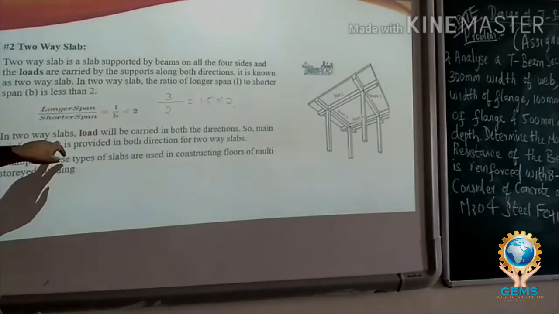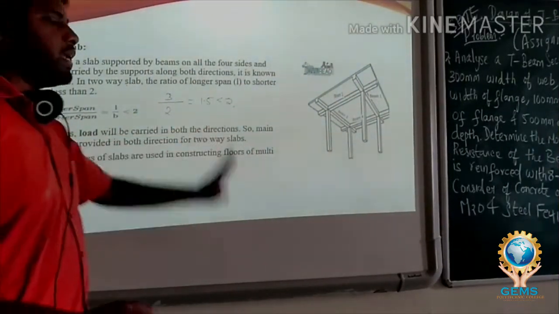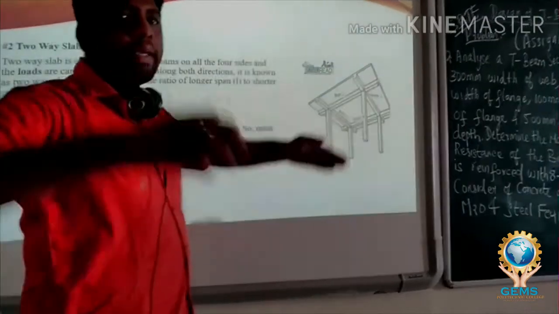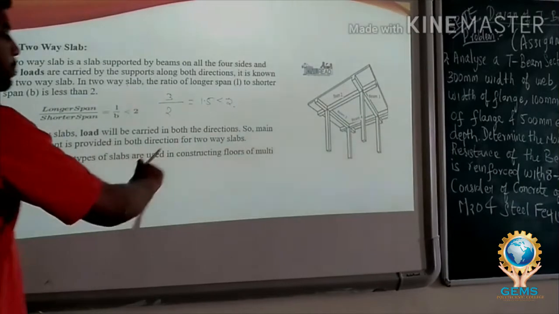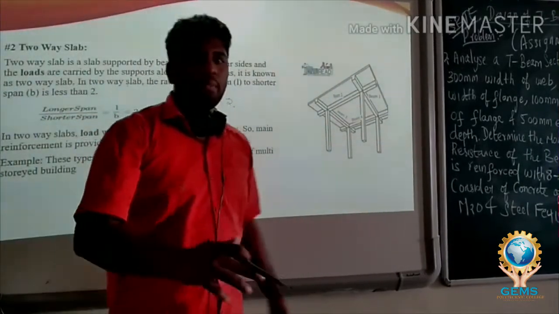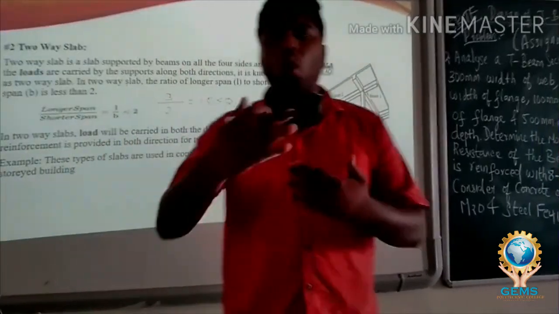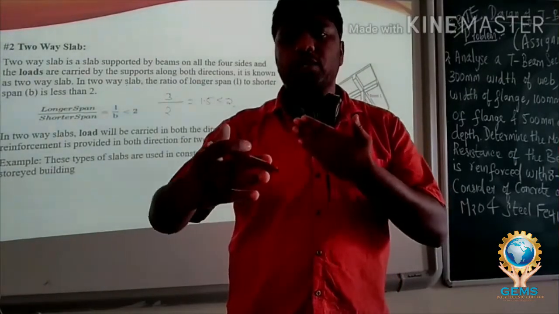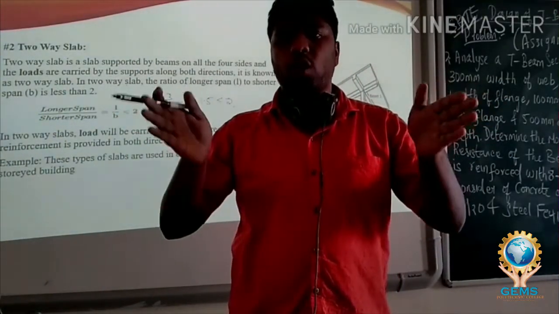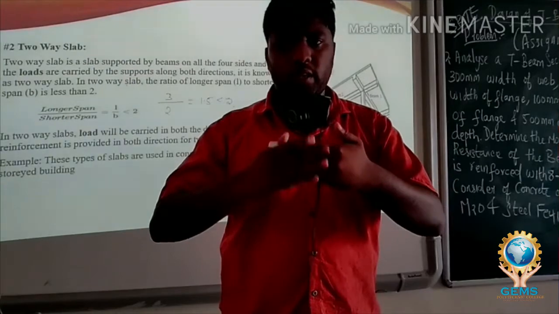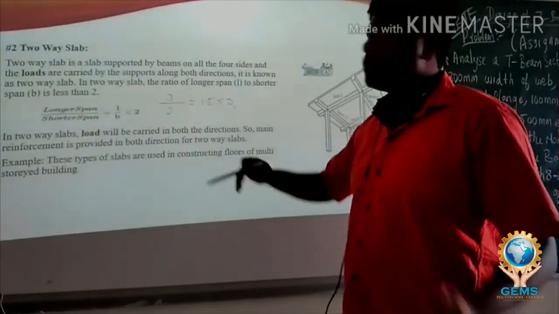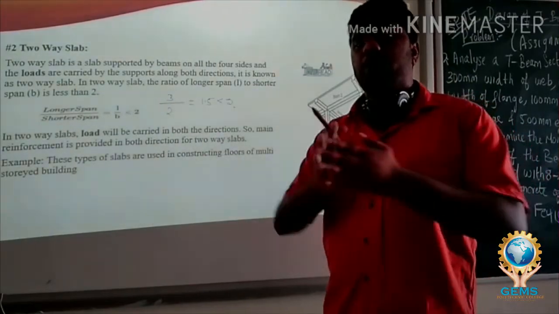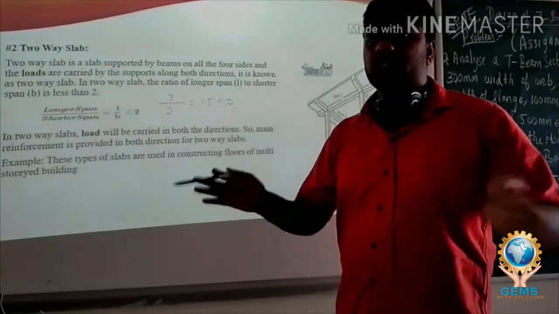So in two-way slabs, load will be carried in both the directions. As I already told, load will be carried in both the directions. So main reinforcement is provided in both the directions for two-way slab. In one-way slab, since the load is transferred in only one direction, the reinforcement is provided in the shorter span and the distribution is provided in the longer span. But in two-way slabs, the main reinforcement is provided in both the directions because the load is transferred along both